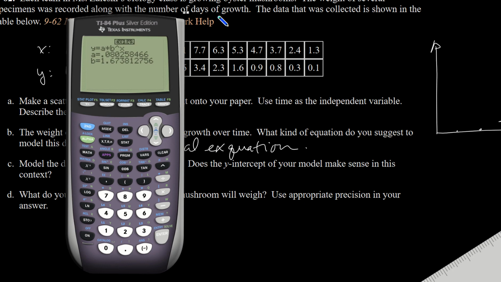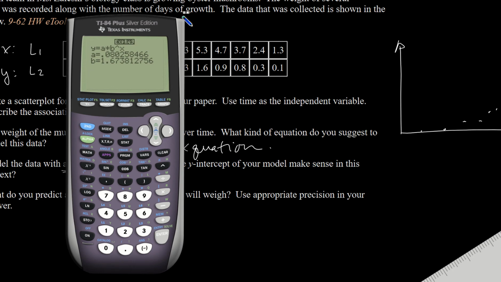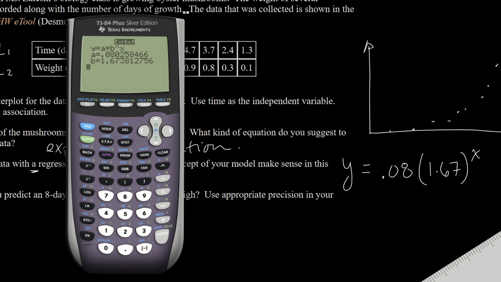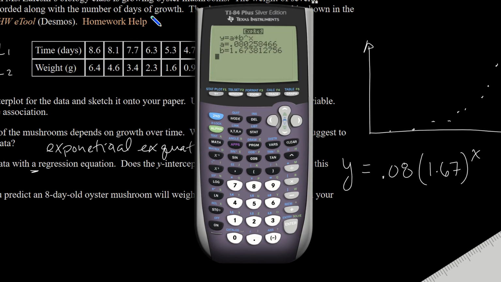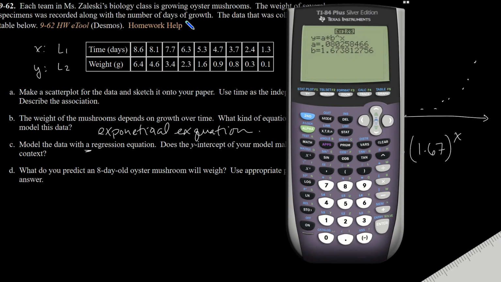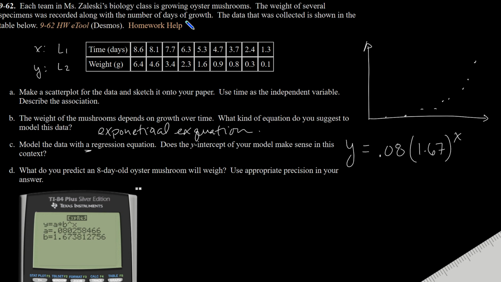And it came up with the following equation. It says the equation is y equals 0.08 times 1.67 raised to the xth power. So it's like growing by 67% per day. And the question says, does the y-intercept of your model make sense in this context? Well, no. I would think on day 0,